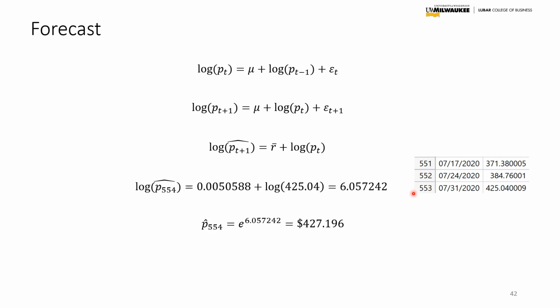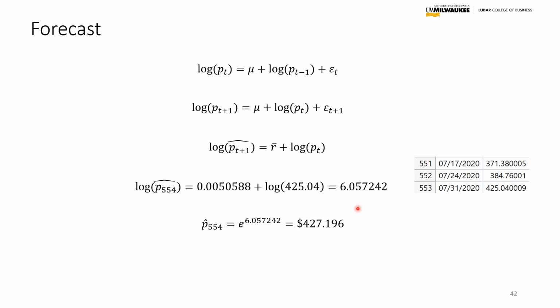The series ended on period 553, so we are talking about forecasting period 554. The log prediction of price at time 554 would equal the average return, which we saw from the previous slide, plus log of the last price. We can see that right over here,